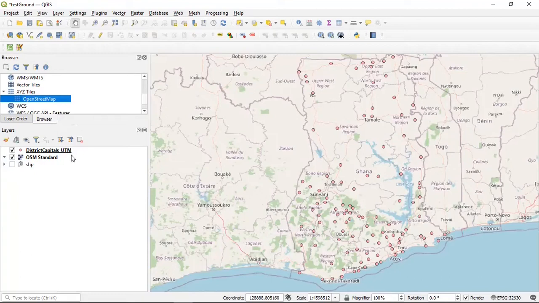I'll do another tutorial where I'm not using that. This is the default base map for QGIS, but I'm using my own base map, which is an OSM base map. In a different tutorial, I'll take you through how to download the OSM standard. So in this tutorial, this one will be all right. Okay, good. So right now we have our